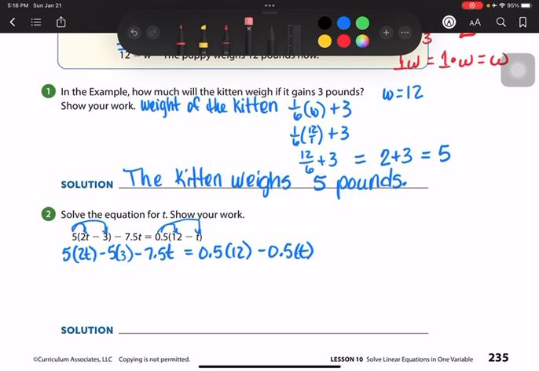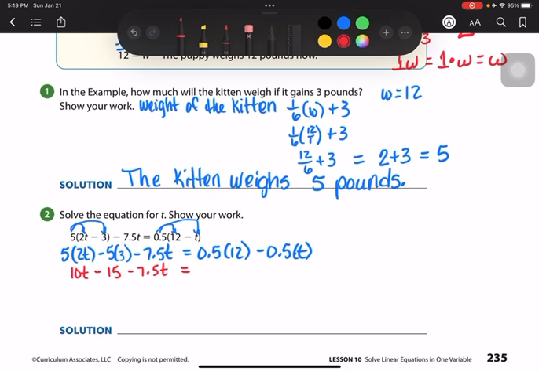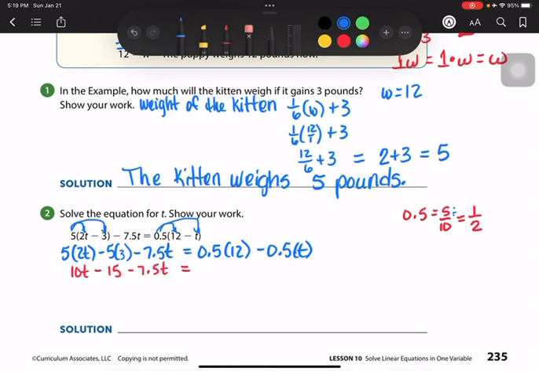Okay? So to keep going, on the next line, 5 times 2t is 10t, minus 5 times 3 is 15, minus 7 and 5/10 t equals 5/10 times 12. That's basically 5/10 is equal to 1/2. 5/10 is the same thing as 5 over 10, which simplifies to 1/2, because the greatest common factor in both is 5. Okay? So half of 12 is 6, minus